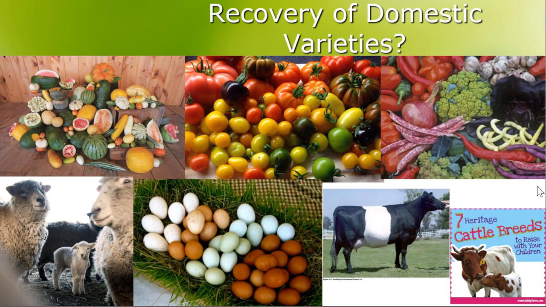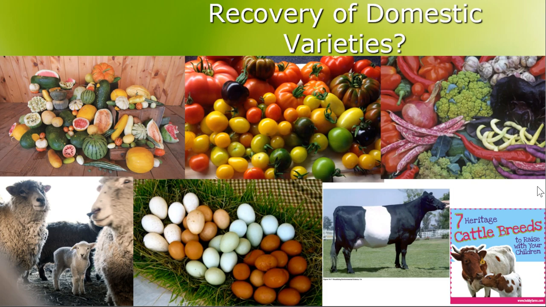And there's an important benefit to the recovery of these multitude of domestic varieties, and that is genetic variety. Remember that if you have all the same banana, right? If a virus comes, then all the bananas get wiped out. If you have a lot of different kinds of bananas and a virus comes, then you may lose one type of banana, but you have all the other bananas, and you can crossbreed because you sort of have a bank of genes that you can access to recover other species, and that's a really important thing.